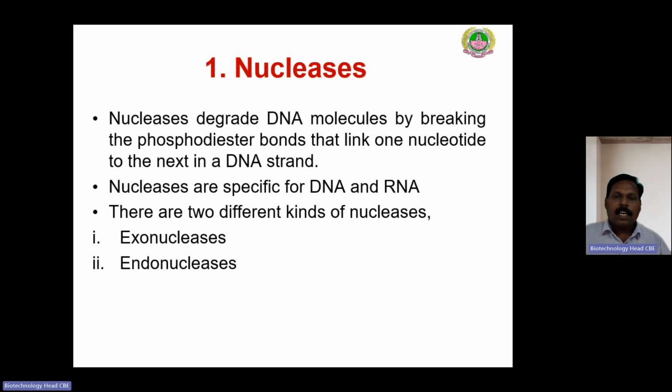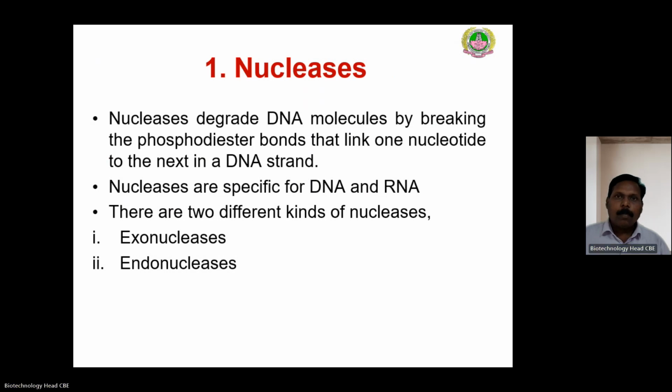As the name implies, it is an enzyme that will act upon the nucleic acids. These nucleases degrade DNA molecules by breaking the phosphodiester bonds, which link the nucleotide bases one after another in the DNA strand. And these nucleases are specific for the DNA as well as RNA. The template on which it acts, the nucleases are accordingly classified. And there are two different kinds of nucleases. One is called exonuclease, the other one is